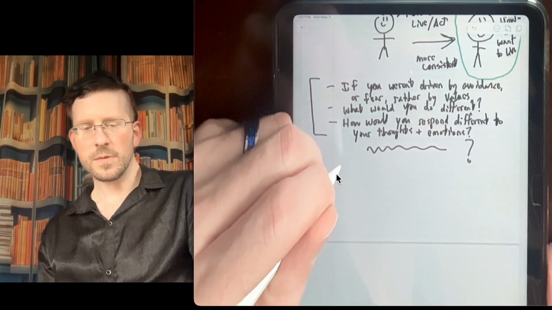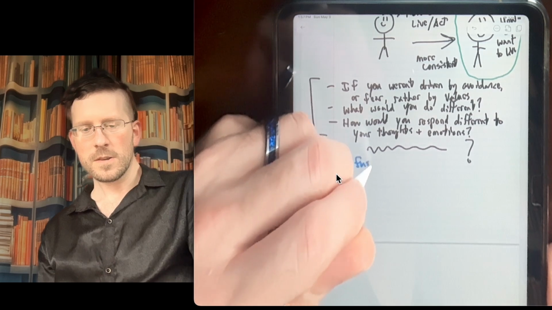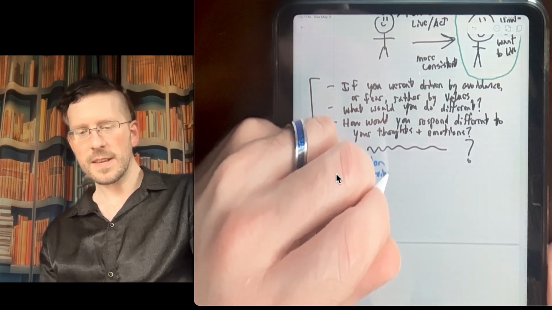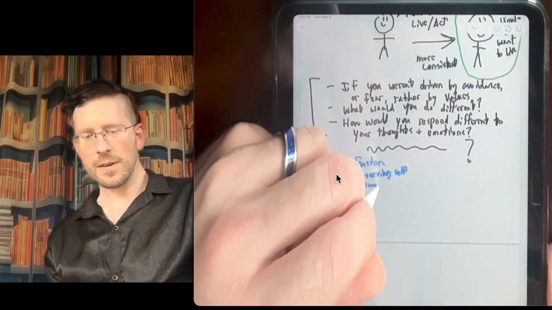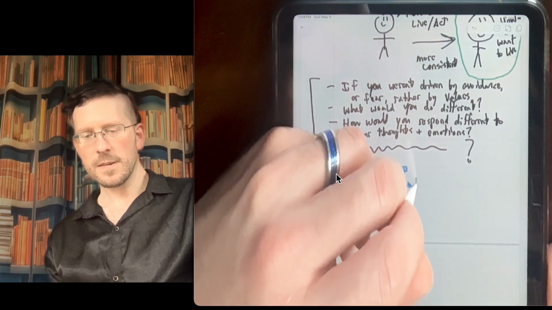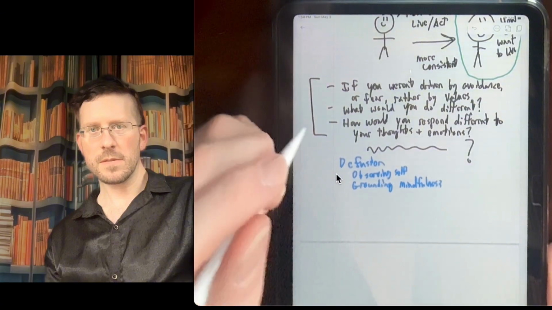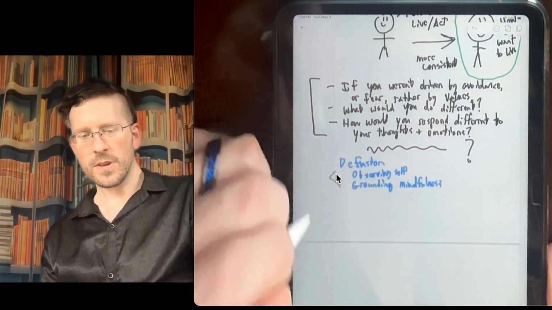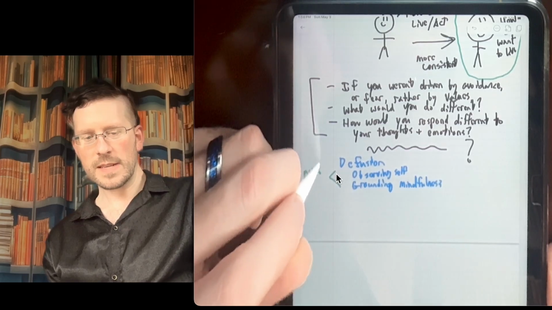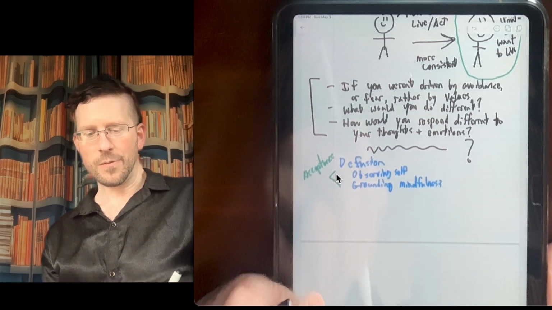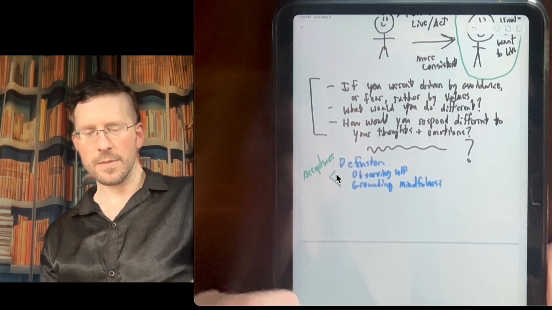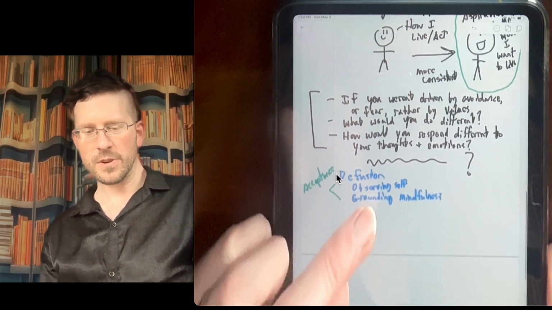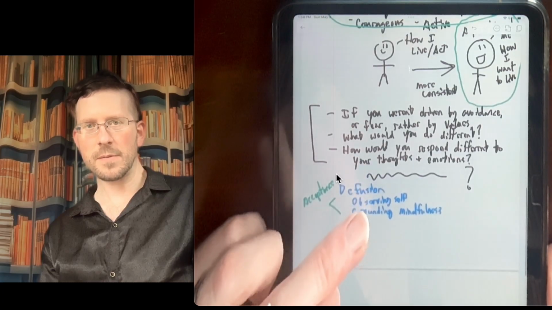What kind of tools can we use for this? So there's diffusion. And with diffusion comes the observing self, comes, I'm going to call it grounding, mindfulness. And these kind of skills are always going to be things you can come back to. And I'm going to call it these are really all intended as being part of an acceptance stance. And there's different ways of writing these things out. I like to recommend the Happiness Trap to people, and Russ Harris has some of his own terminology for this, but this is pretty common terminology.